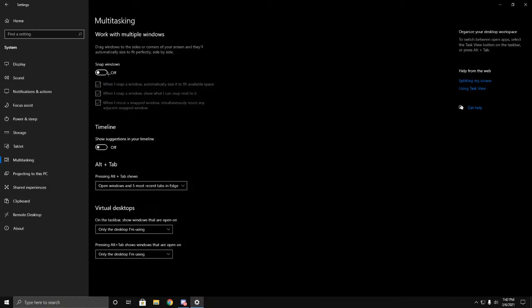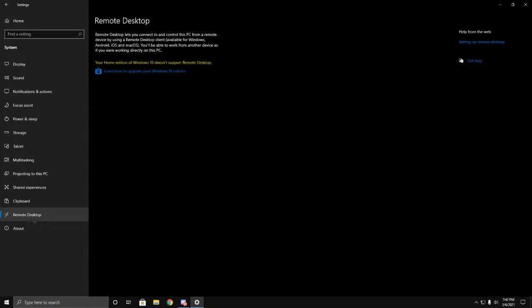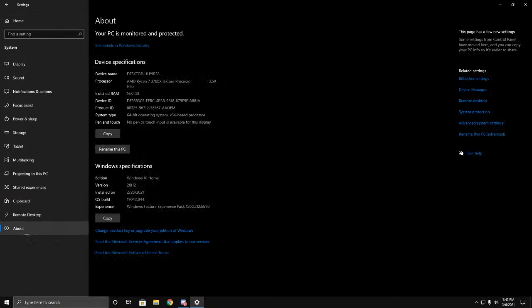Tablet doesn't really matter. Multitasking. These two will be on. You want to just uncheck these, and then you want to uncheck snap windows, then uncheck timeline, projecting this PC, share experiences, clipboard, remote ID, and remote desktop. Those don't matter, but what does matter, you want to click on about. You want to go to